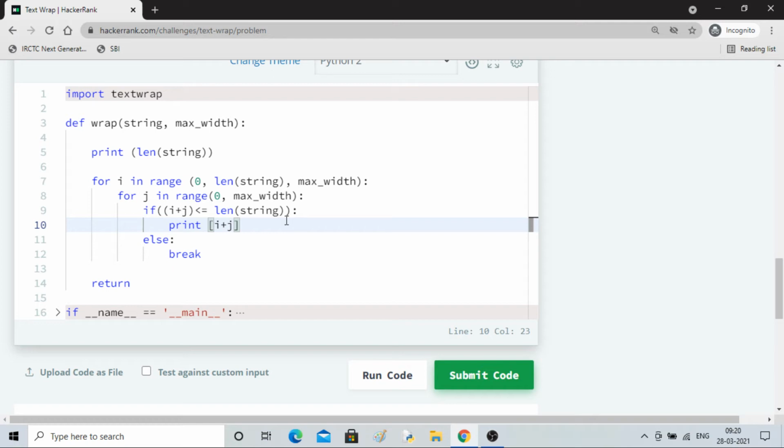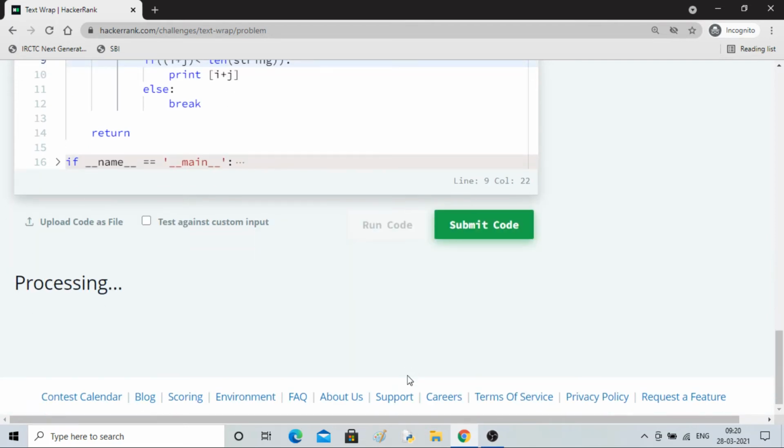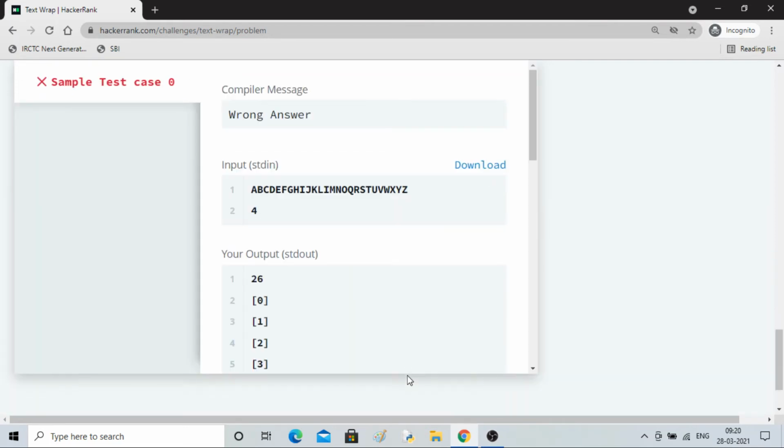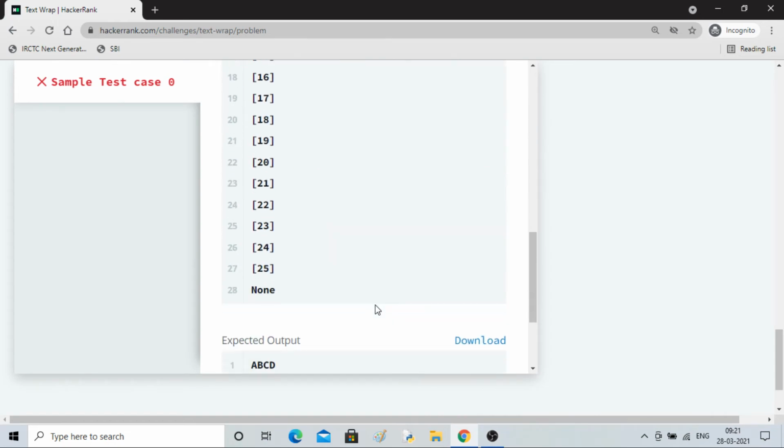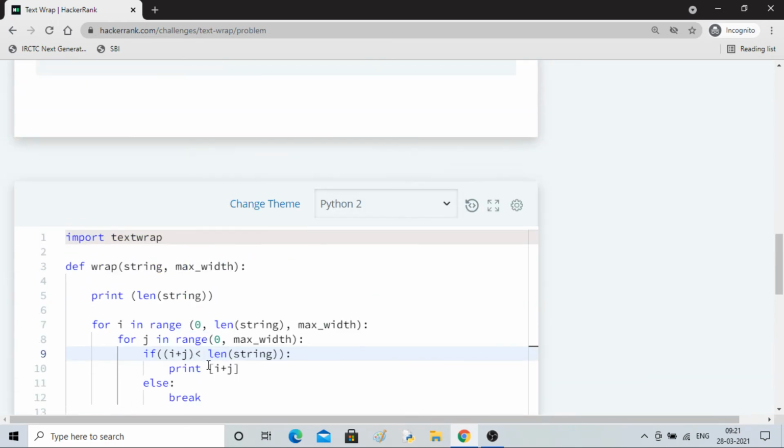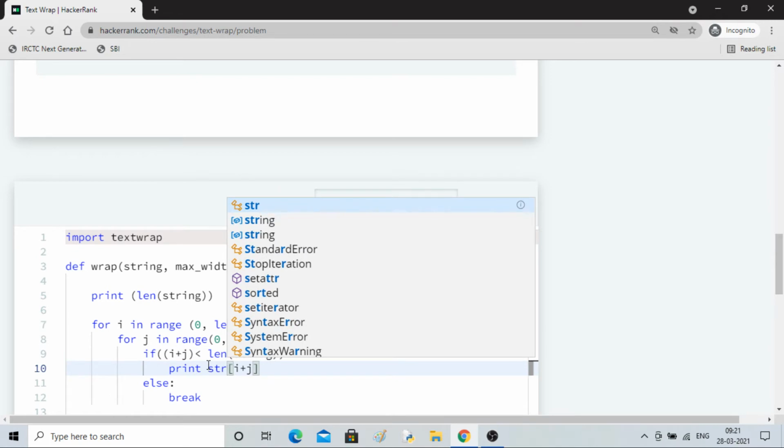Let me take less than. It is taking 0 to 25. Let me do the string thing.